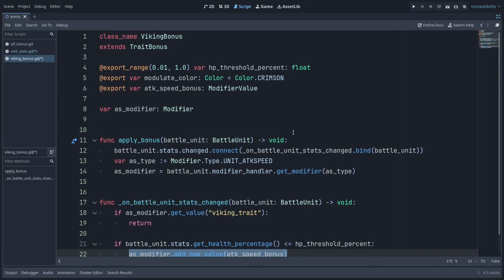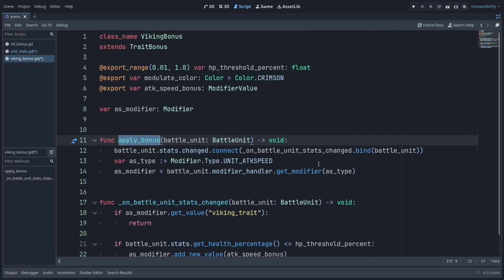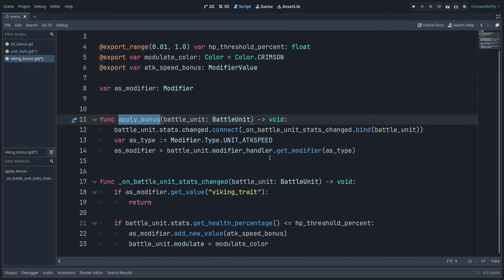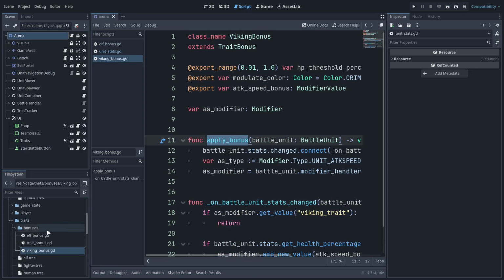This is how we can use the same entry point to these bonuses while having the flexibility to create more complex or more interesting bonus versions than just adding a modifier straight away, right? So let's save this with Control S, and this is all the scripting we need to do to have these